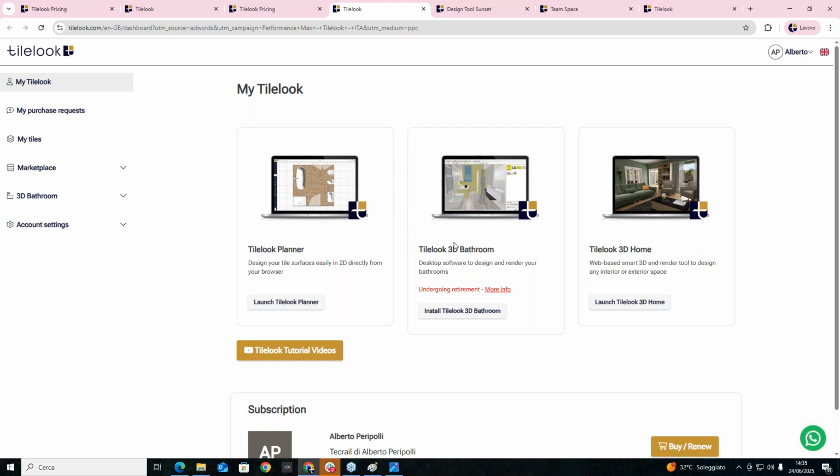So check it out. We have also the Tilelook 3D software subscription. You have also the Tilelook Planner, which is another important major update that we made with the new subscriptions, which is a 2D CAD that allows you to create user-friendly 2D designs, drawings for a quick quote for the customers. The 3D bathroom will be removed, and of course the 3D home, which is the main point of our